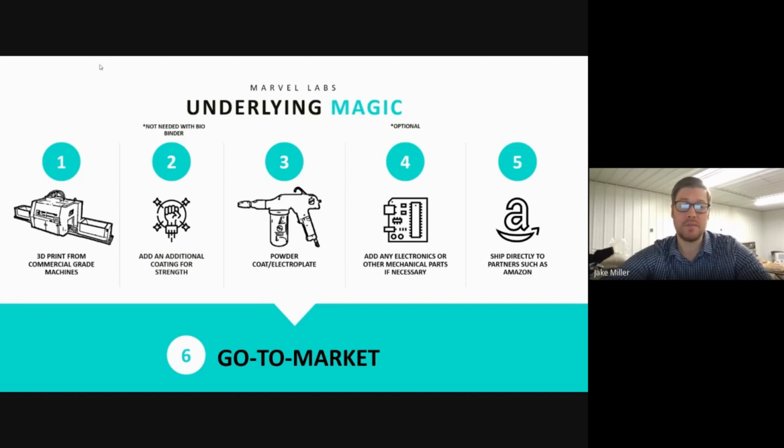That biomass can be sargassum seaweed. It could be coffee grounds. It could be the coffee cherry. It could be tea leaves. It could be sawdust. We've printed with about 6 different biomass so far. Once it comes out of the machine, the products look a little bit raw, I guess I would say. Like, for example, I can show you, we did a controller here for Sony,